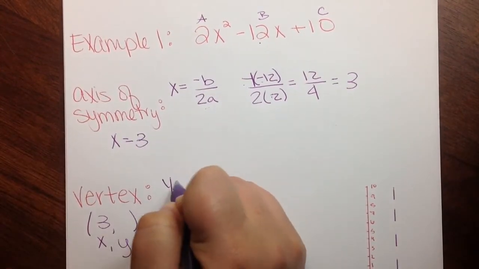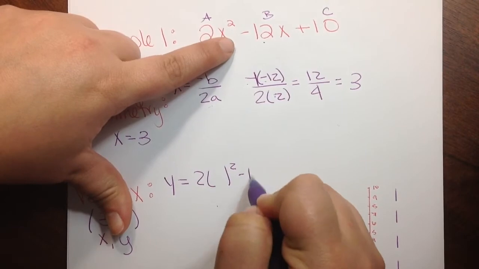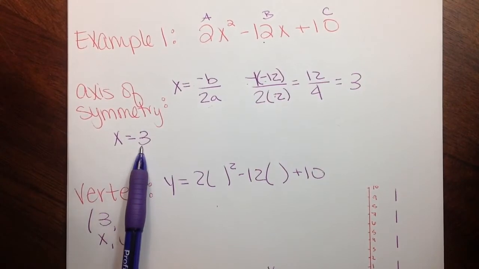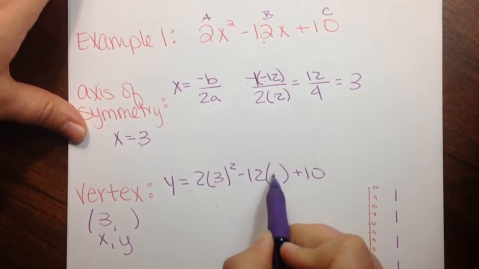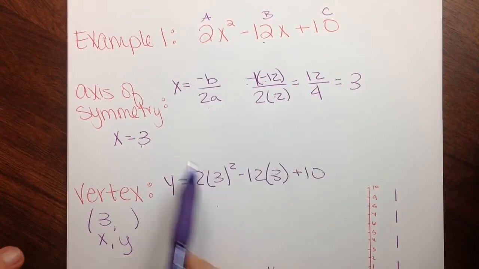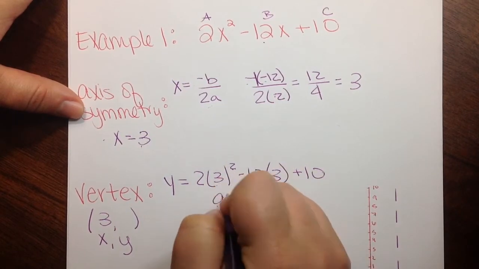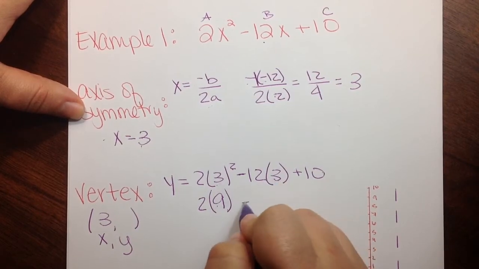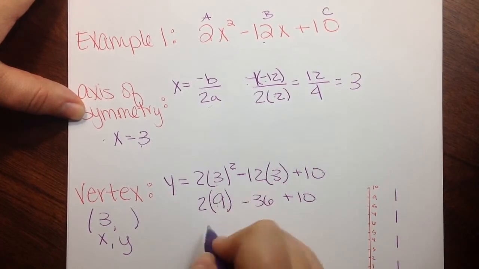So here we go. Y equals 2 times whatever x is squared minus 12 times whatever x is plus 10. So I can take my answer from here and plug it into these parentheses. So a 3 would go here, and a 3 would go here. And I'm plugging them in because our actual equation says x, therefore I'm plugging in our x into the x. So now we're going to work it out. 3 squared is 9. Negative 12 times 3 would be negative 36, and this plus 10 can come down. So now I have 2 times 9, which is 18,